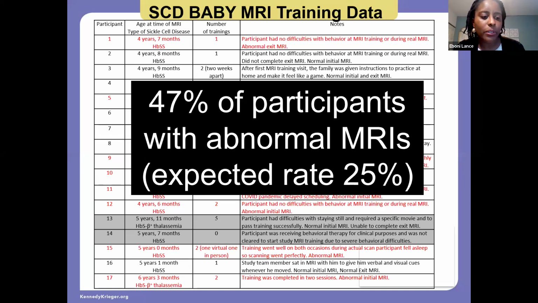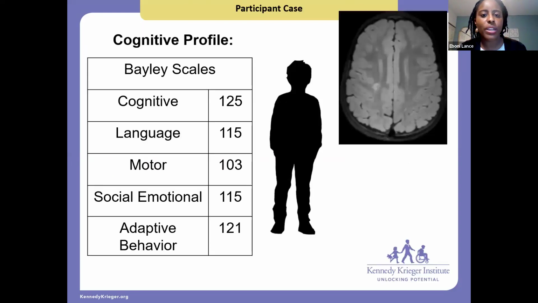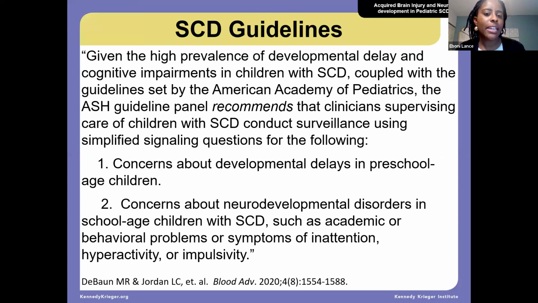But that rate is probably less because it's so difficult to not just detect silent cerebral infarcts in these patients, but also, they're asymptomatic, right? We're not seeing issues until they enter school and start having difficulties with attention and behavior. We can't always get clinical MRIs in these patients. And if we are getting clinical MRIs, it may not be the high quality MRIs that we need to diagnose and detect this. So I will skip over this case actually and go straight to the guidelines for the last